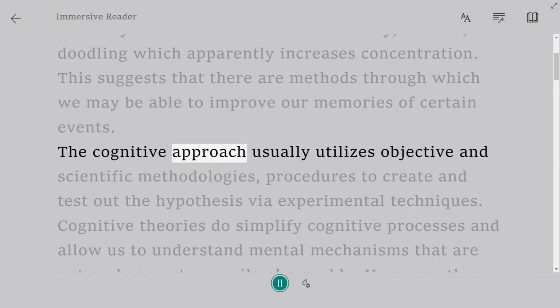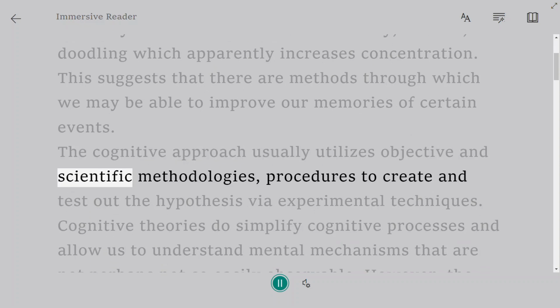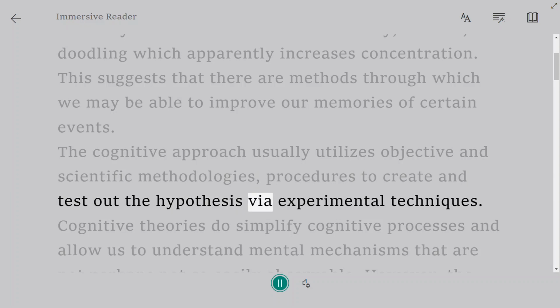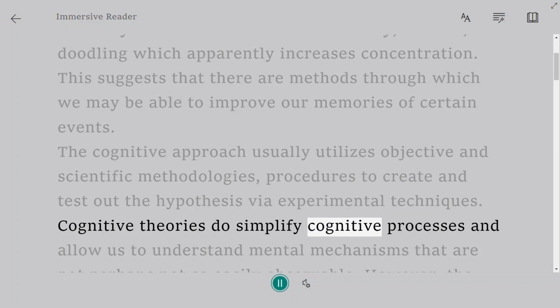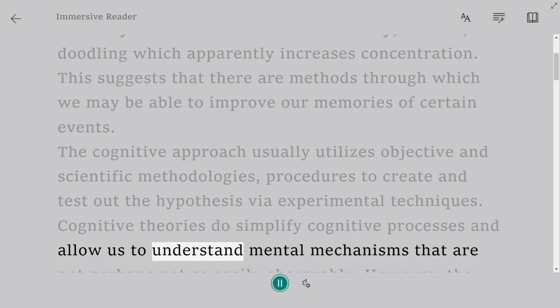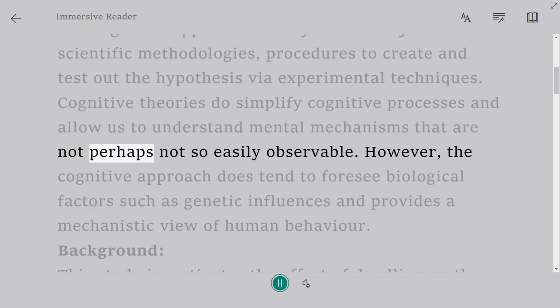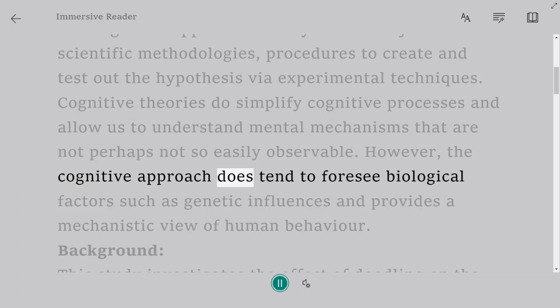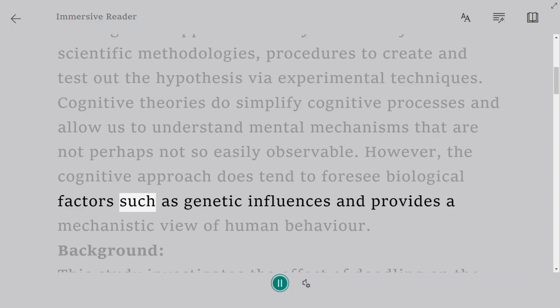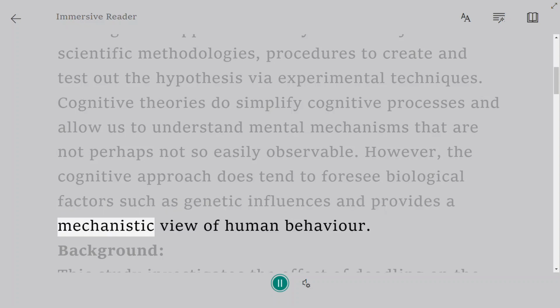The cognitive approach usually utilizes objective and scientific methodologies and procedures to create and test out the hypothesis via experimental techniques. Cognitive theories do simplify cognitive processes and allow us to understand mental mechanisms that are perhaps not so easily observable. However, the cognitive approach does tend to overlook biological factors such as genetic influences and provides a mechanistic view of